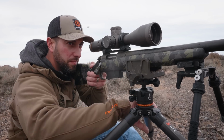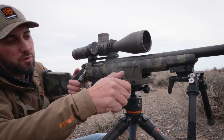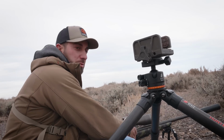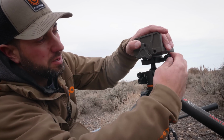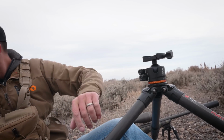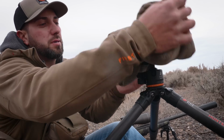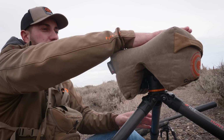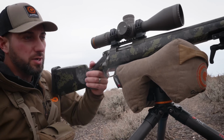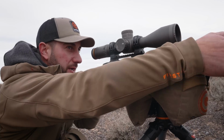Same thing. Now, we don't have either one of those. There's the third option, which will be a shooting bag. So we don't have this Hog Saddle on here, we just have a bare head. We've got a Game Changer bag, sits on top of there, nice and flat. We have super long mounting surface, so we can just set the rifle on top of the bag and shoot